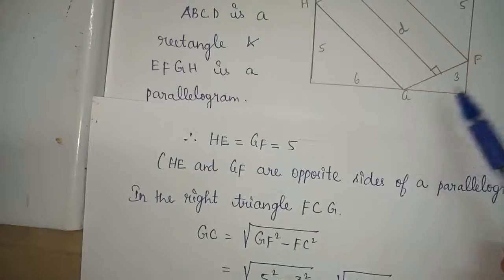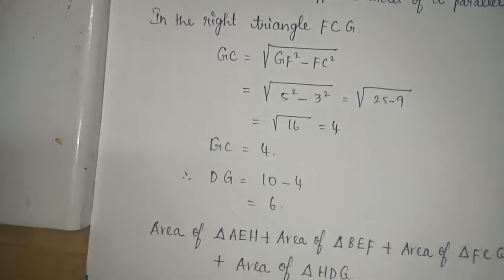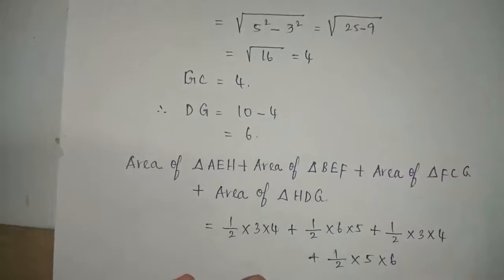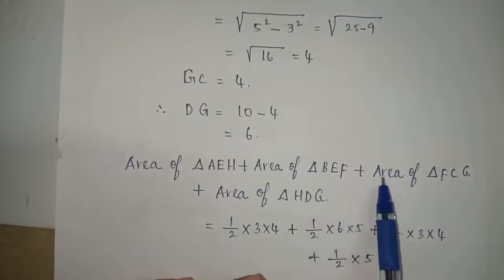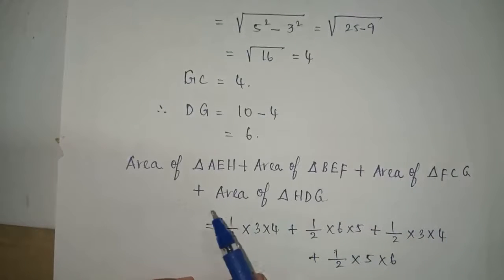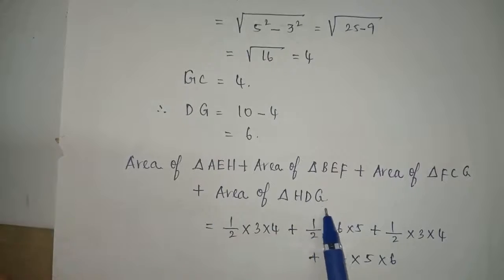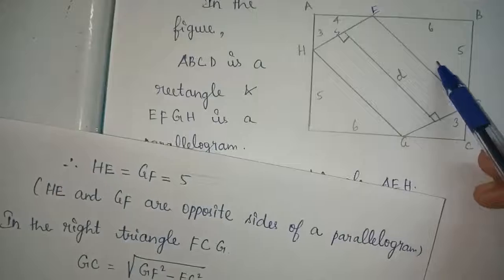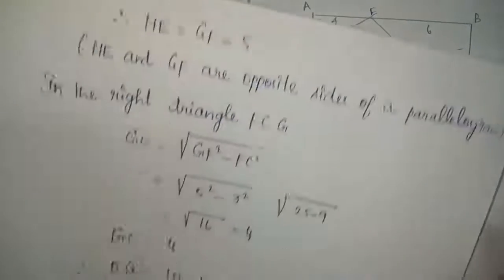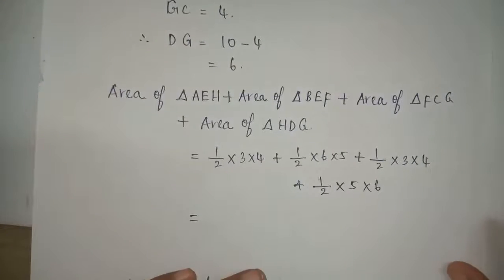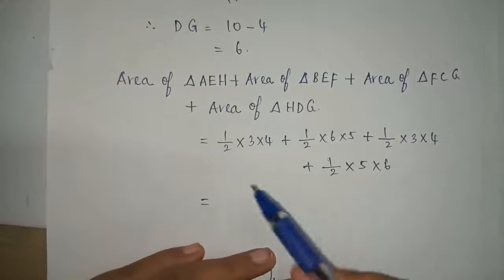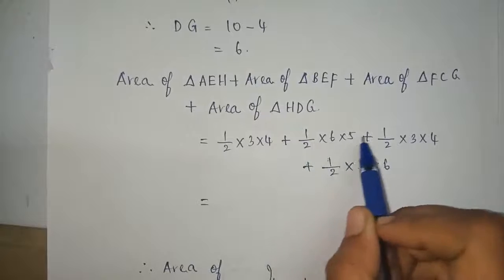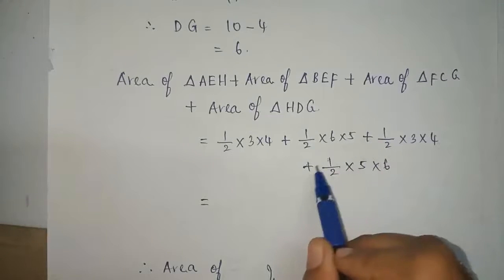DG is 10 minus 4, which is nothing but 6. Now area of a triangle AEH plus area of a triangle BEF plus area of a triangle FCG plus area of a triangle HDG. So in this we can see 4 triangles: 1, 2, 3 and 4. So you have to add all these triangles' areas, which is equal to 1 by 2 into 3 into 4 plus 1 by 2 into 6 into 5 plus 1 by 2 into 3 into 4 plus 1 by 2